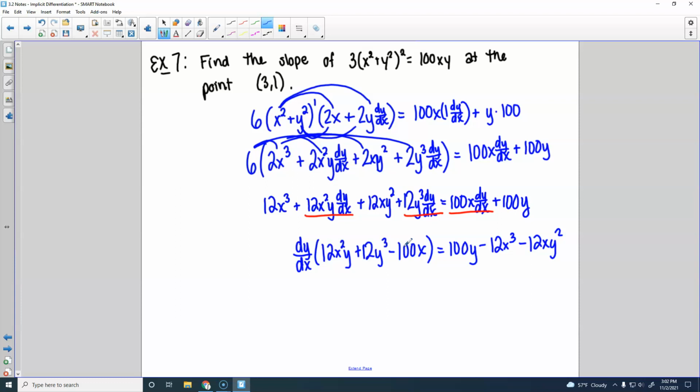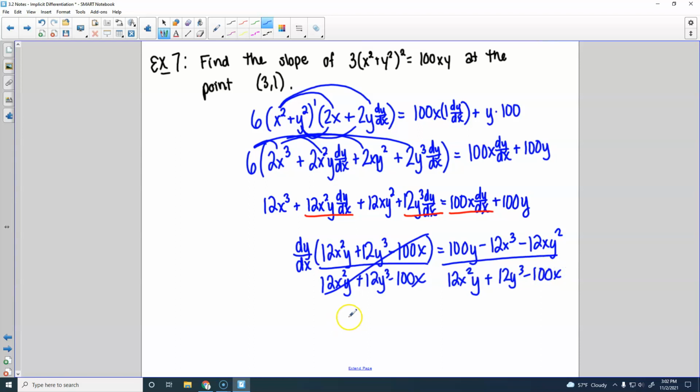So then you divide. 12x squared y plus, yeah. And the other side gives you dy dx. And then to find the slope of our equation at the point (3, 1), you need to do dy dx and then x. You gotta do a line, right? Let me write this part first. Actually, since we have to plug a number into this,